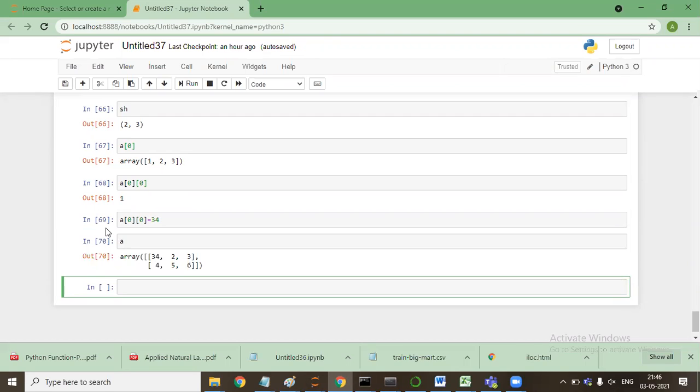Yes, sir. Now the second thing is that we can also reshape the elements of a NumPy array. Can you show the declaration part of this? Could you scroll up? Yeah, just give me a second.